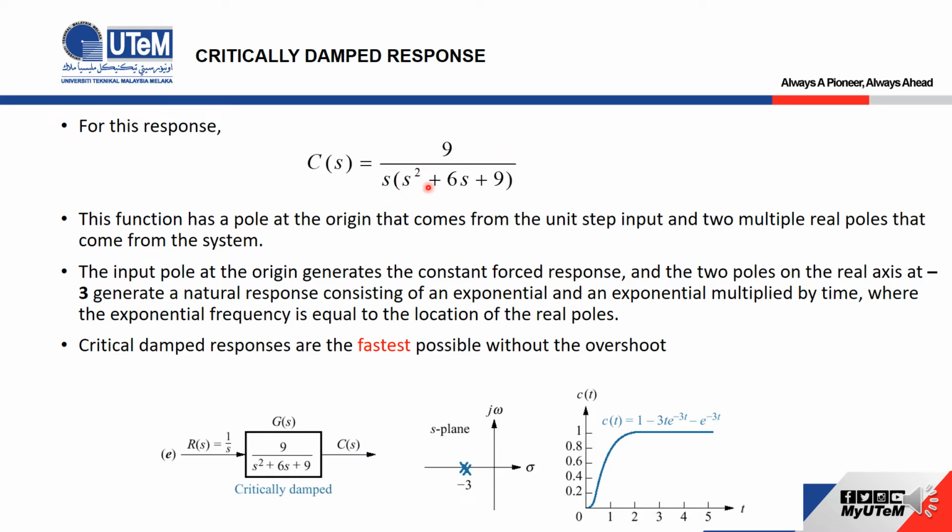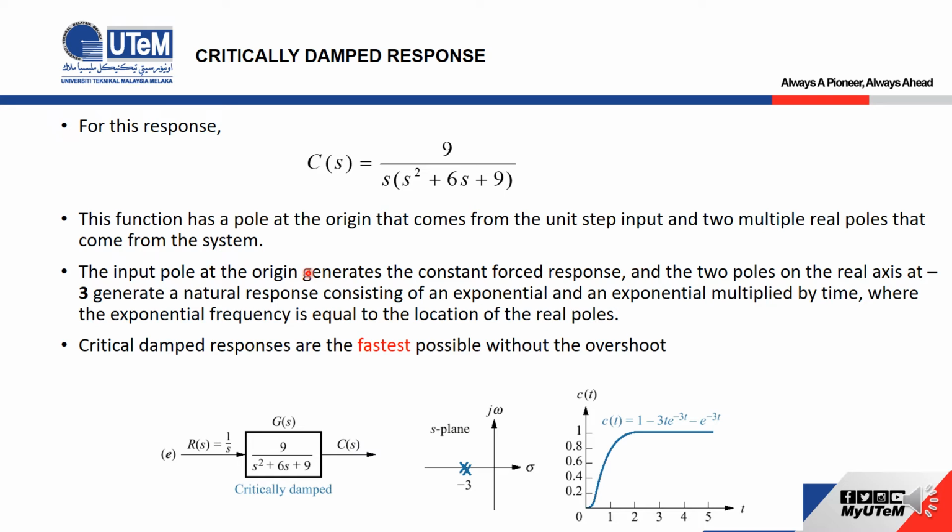9 over S squared plus 6S plus 9. If we factorize this one, you will get S plus 3 times S plus 3. So that means there are another two poles located at negative 3. Okay, so the pole at the origin generates the constant forced response. And the two poles on the real axis at negative 3